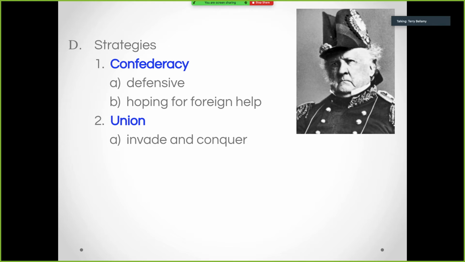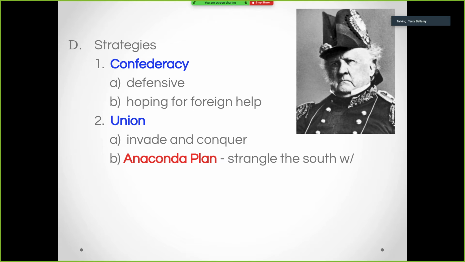So invade and conquer. They also come up with this plan. The old guy in the top right corner, you've seen him before. He's the guy that came up with the plan to defeat the Mexicans in the Mexican War, to take the Navy and float down to Mexico City. Yeah, he's old in this war. He's not going to do any fighting, but just because he's too old to physically fight or even physically lead a campaign of soldiers, he still has a military mind. He comes up with a plan called the Anaconda Plan.